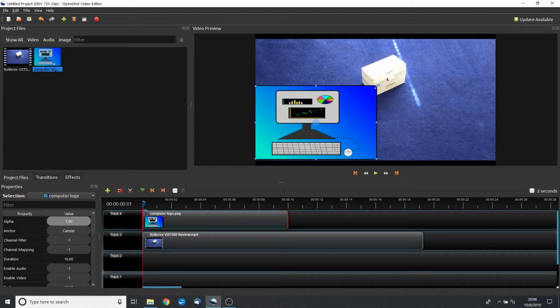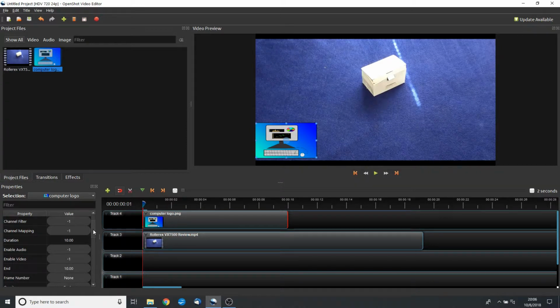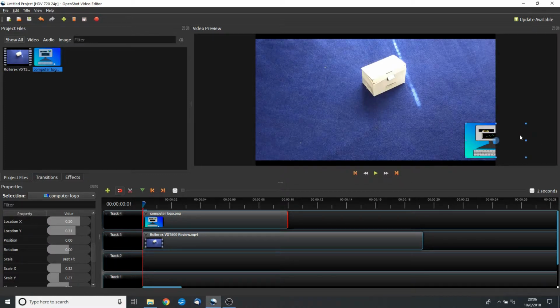So let's go ahead and just make this kind of small so people can see that we did a lot of analysis on these rollerblade wheels. But if you look, if you right click on this and select properties, you're also going to see that the location has changed, and if we move down you will also see that the scale has changed. Now if we wanted to, we could manipulate these as well just by entering them directly. We could move this around by entering the values, but at least for me, moving it with the transform tool